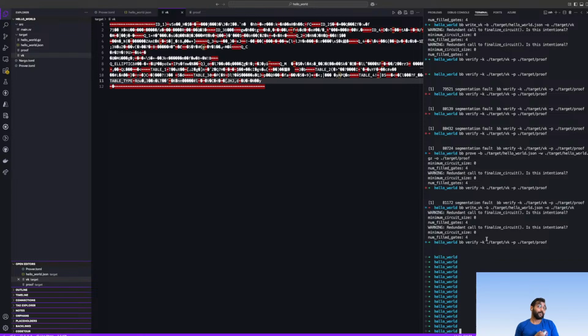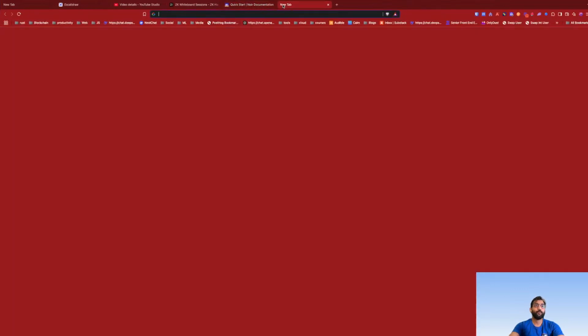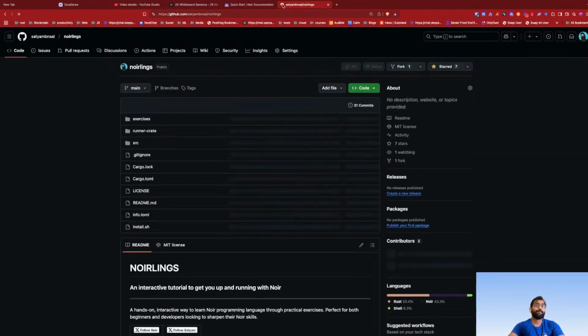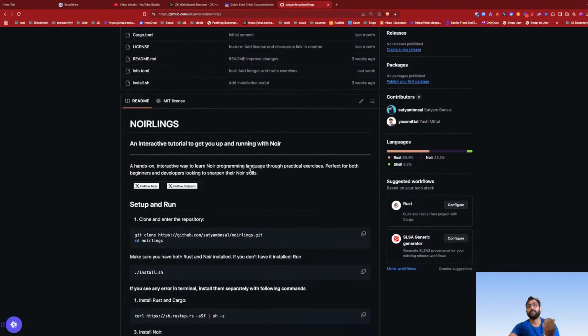Okay, but this in itself is good, but not really very helpful. Like, we created a hello world thing, and now how do we move forward? So I'm working on this project named Noir links, basically an interactive tutorial, step by step.